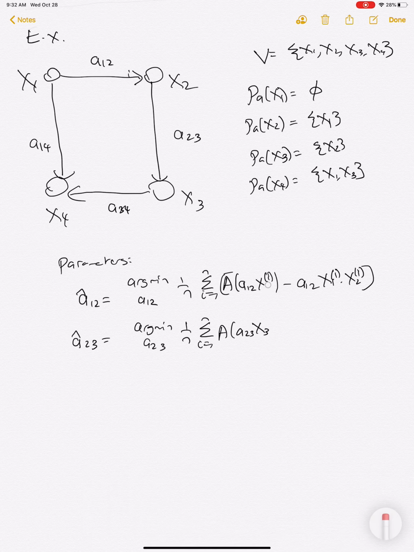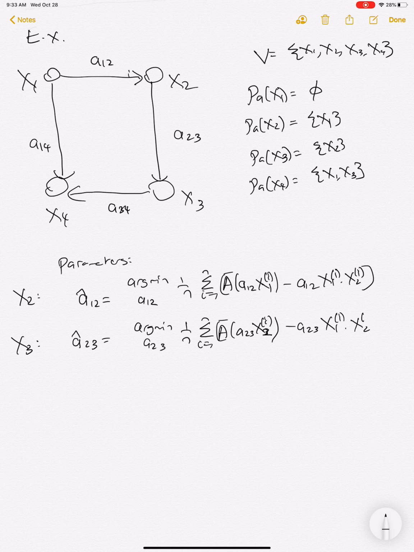This should be an x1 here. Yeah, so this should be an x2 because that's the parent that we're interested in. So I'll just write this out too. This is for x2, this is for x3, and then minus A23